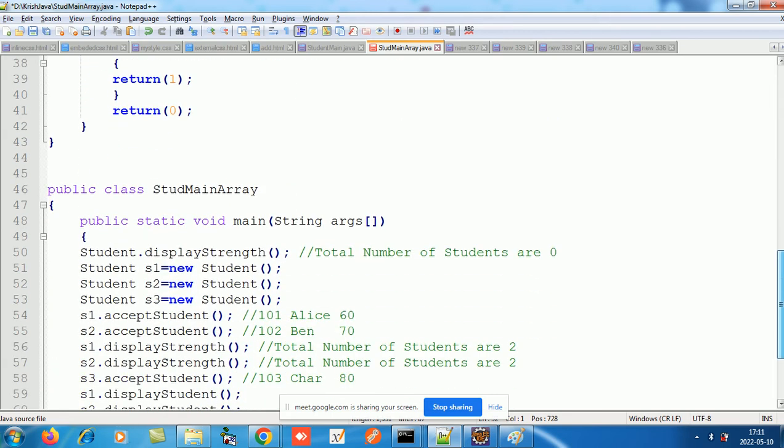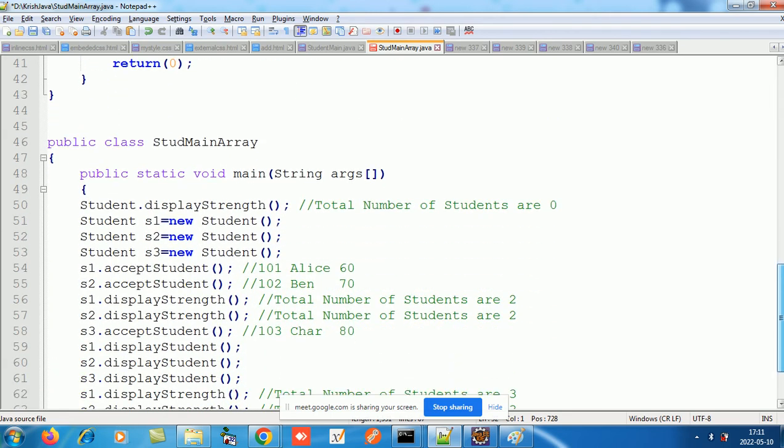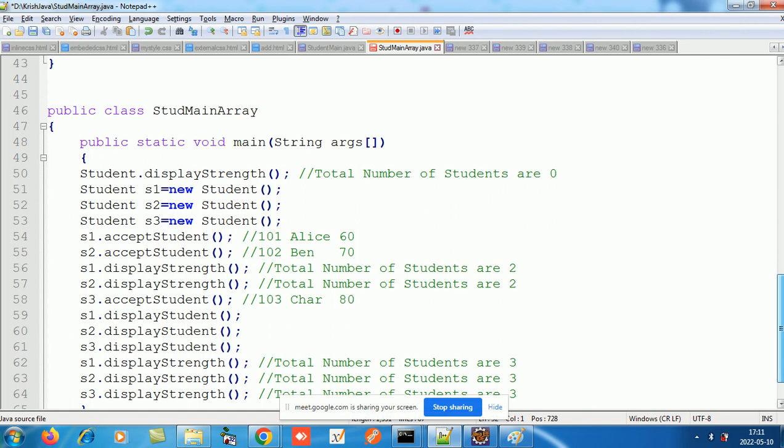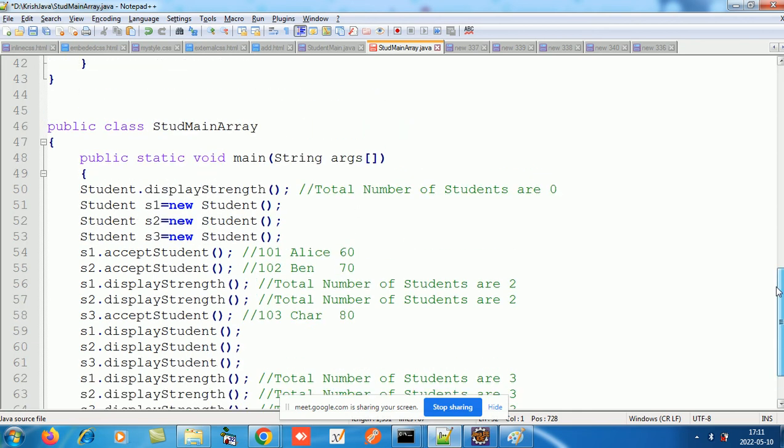Now, main at line 48 is static, yes or no? Yes. So main can also access only static variables from outside, yes or no? Just static, yeah. Okay. Now if in main I want a scanner variable, if I want a